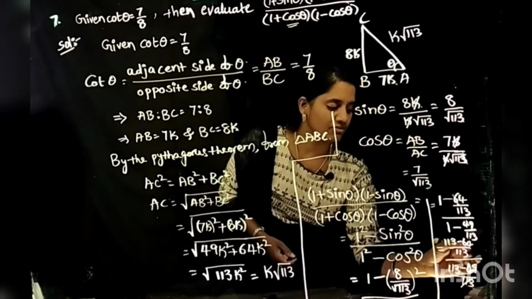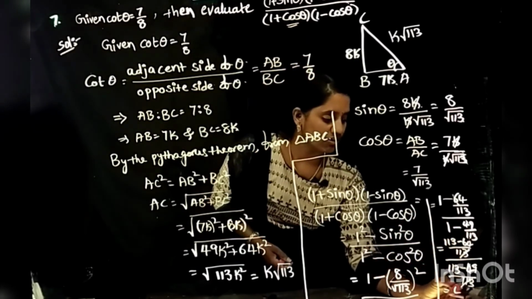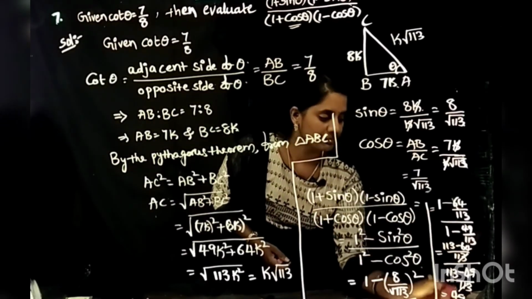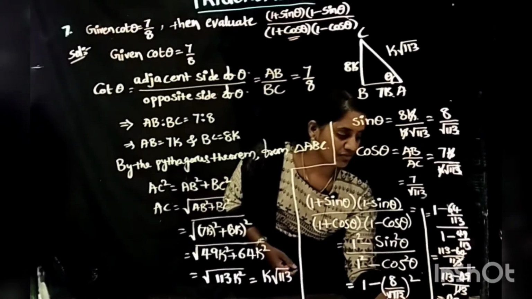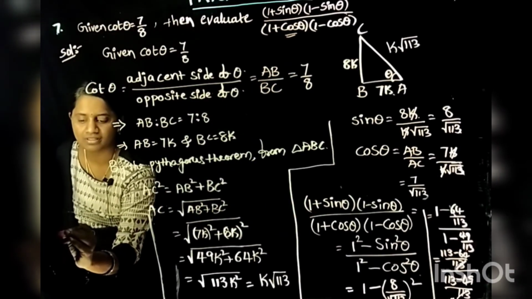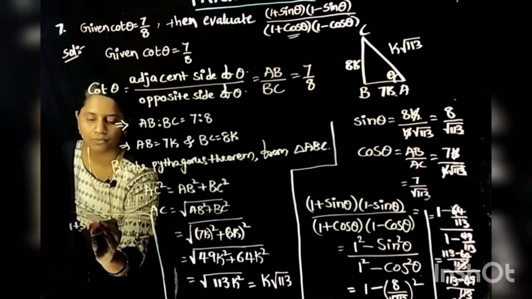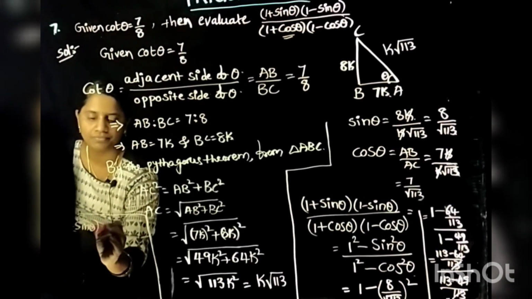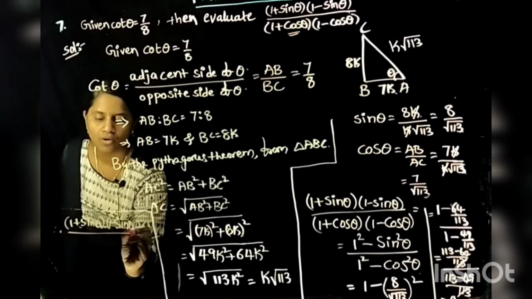Here 113 both are cancelled. 113 minus 64 is equal to 49. 113 minus 49 is equal to 64. It is the required answer. Therefore, the required answer of (1 plus sin theta) into (1 minus sin theta) by (1 plus